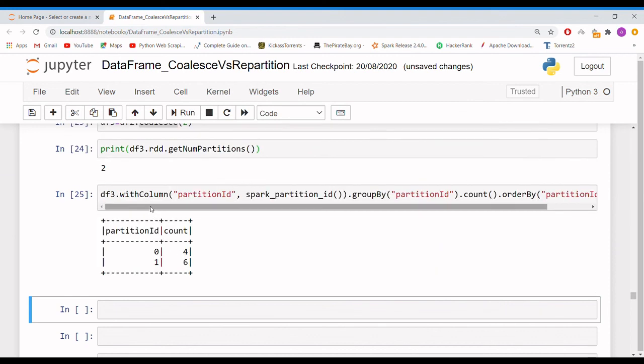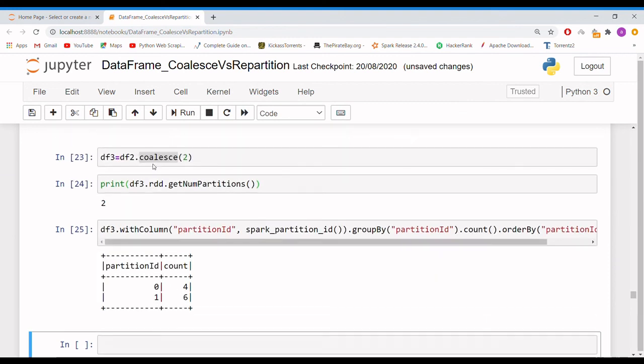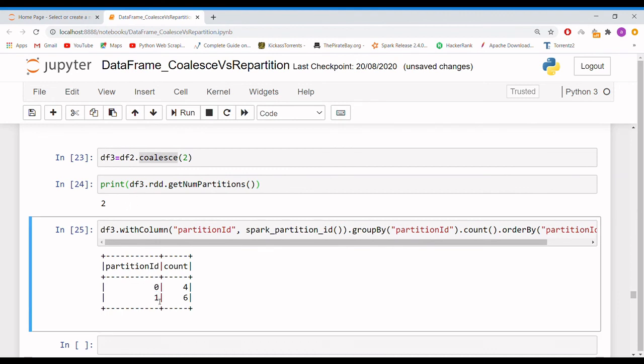Now we can see using coalesce we have decreased the number of partitions from 5 to 2. Those 2 partitions are 0 and 1. In repartition the data is shared equally between the partitions, but in coalesce the data is not shared equally. So that is the reason in the 0th partition we have 4 records, and in the first partition we have 6 records.